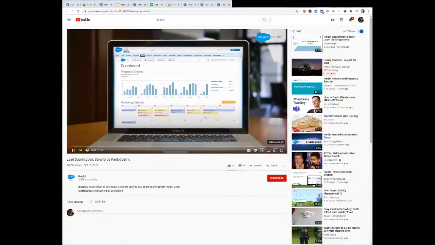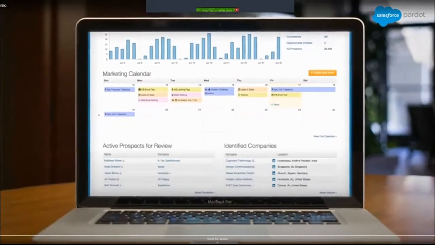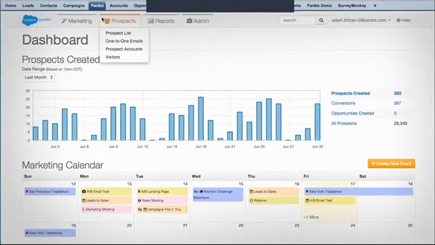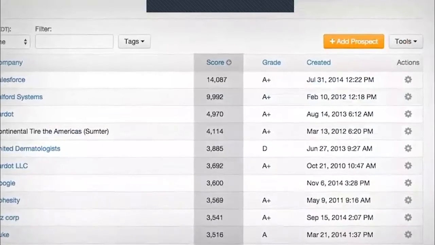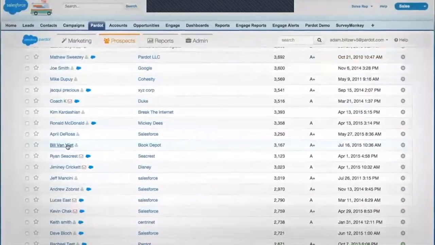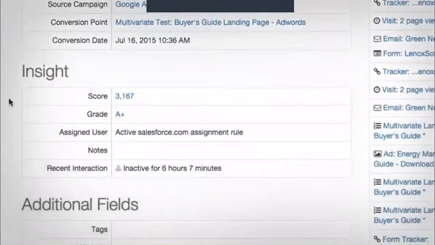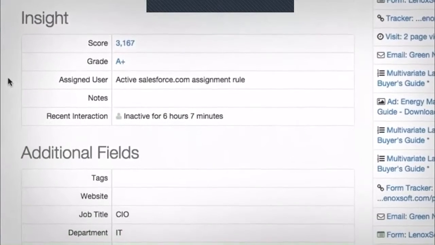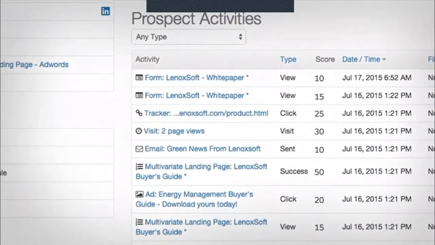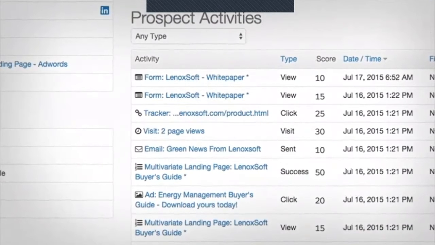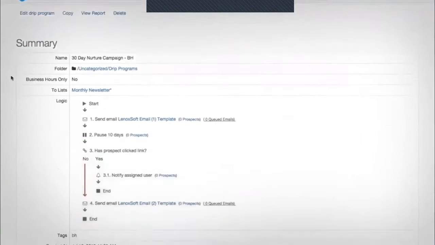With Pardot B2B Marketing Automation by Salesforce, you instantly know which of your leads are most likely to buy at any moment. Scoring and grading lets you prioritize the best prospects, making it easy to find and focus on your hottest leads. Leads are analyzed on valuable insights like demographic criteria, such as industry and job title, as well as level of interest and brand engagement. Scores increase and sales is alerted when a prospect interacts with your company or shows a stronger buying signal. And leads that aren't yet ready to talk with your sales team can be nurtured until they're sales ready.